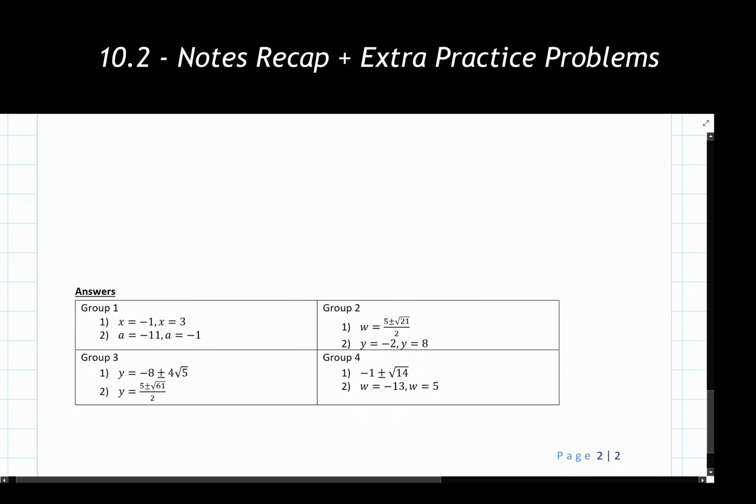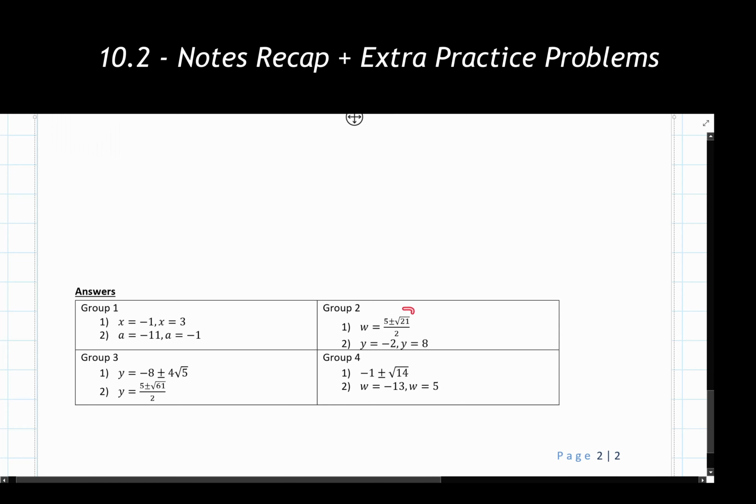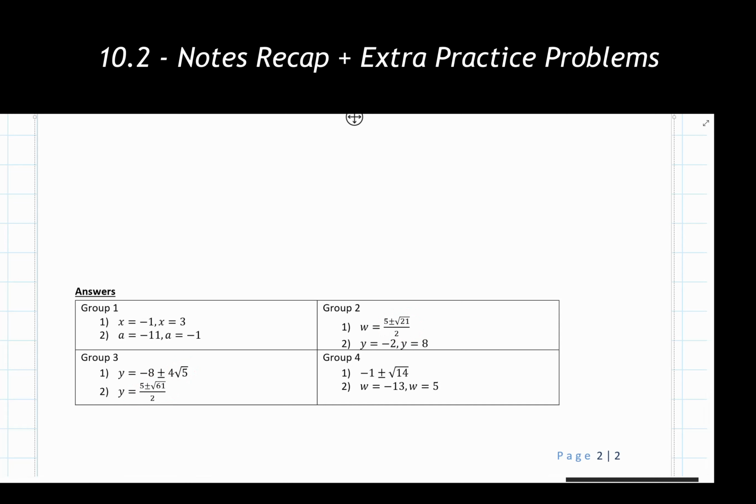And here we have our answers showing up. It should be noted, as we see with all of these, we can and will still have problems with radicals showing up in here, as we see with several of these examples. Make sure you're double checking with your instructor if they want something written in this radical notation, or if your instructor or online program is okay with you using decimals as your final answer. Just make sure you're clarifying that before you write out and circle your final answer for each problem.